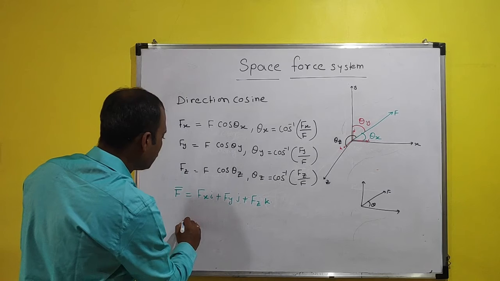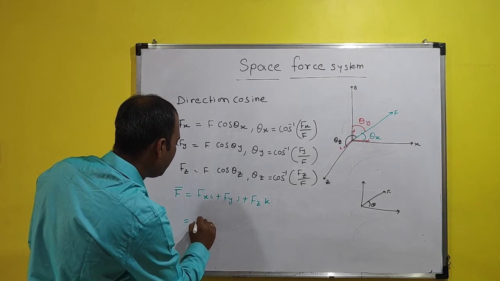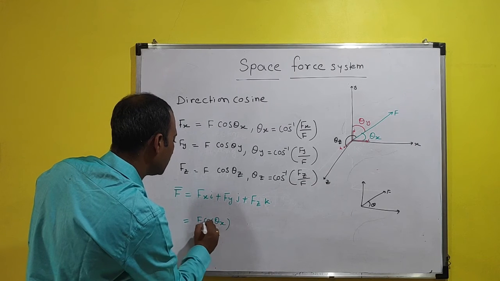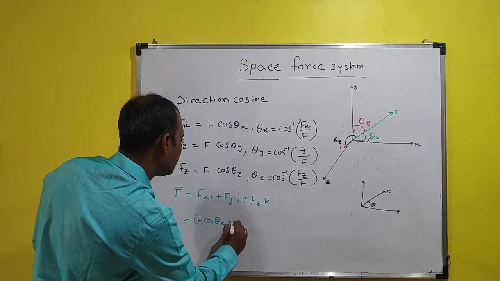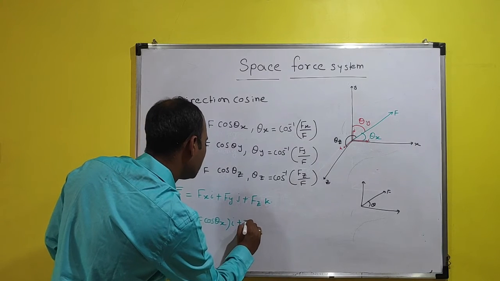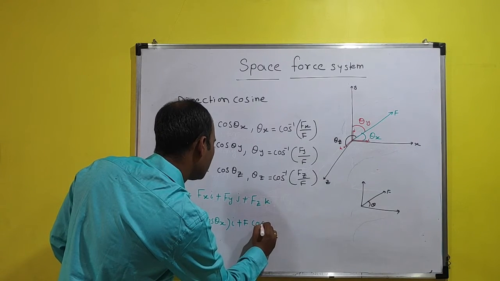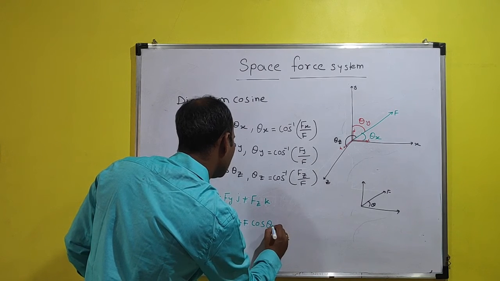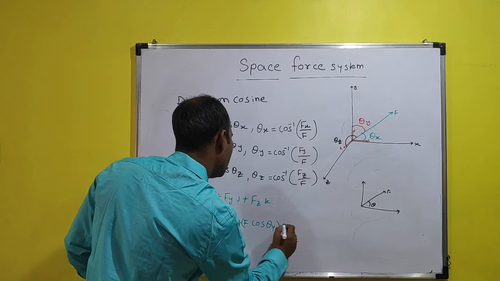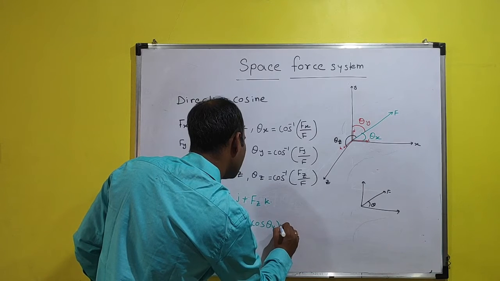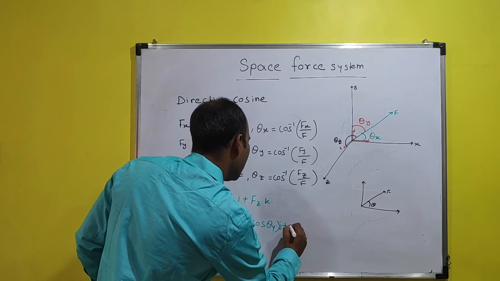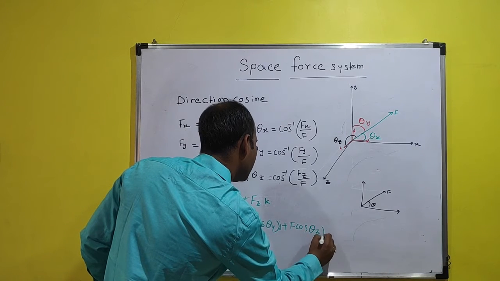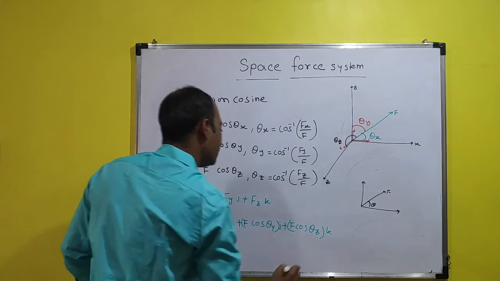So it will be F cos theta x i plus F cos theta y j and F cos theta z